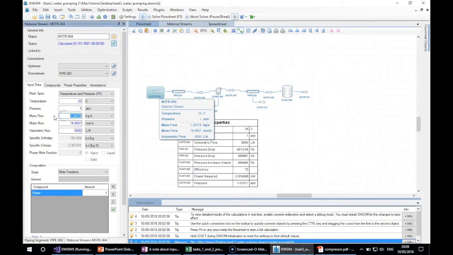You can see that you can input the flow rate of the stream in mass flow or molar flow or a volumetric flow. If you input one of them, DWSIM will calculate the other two. You can input any one of them. Okay,